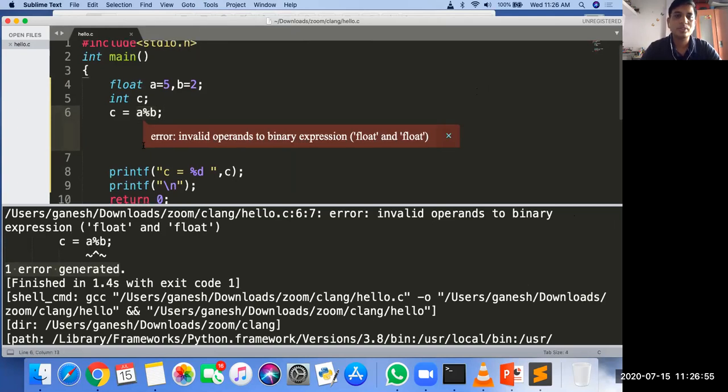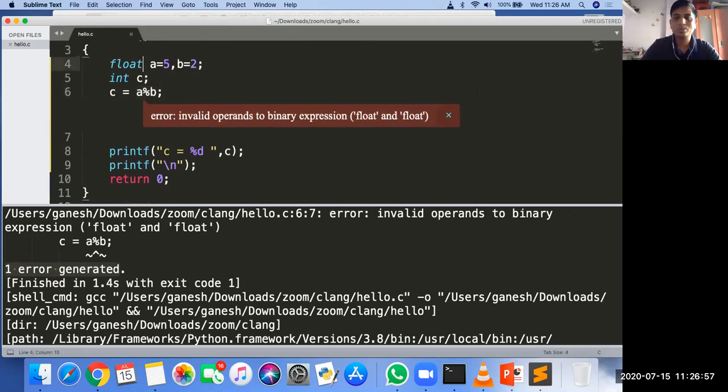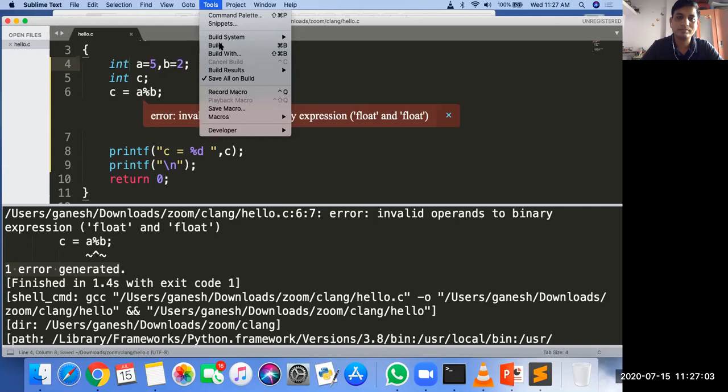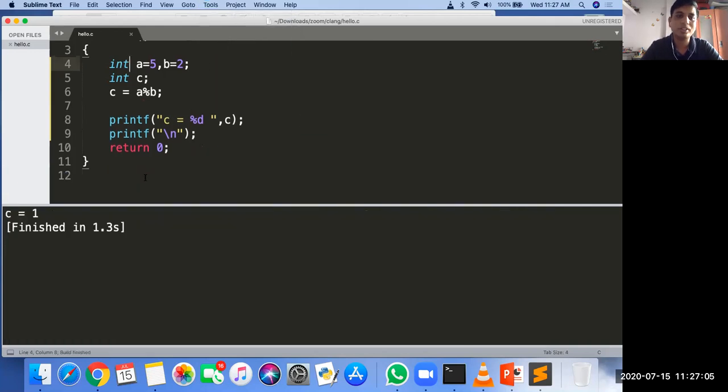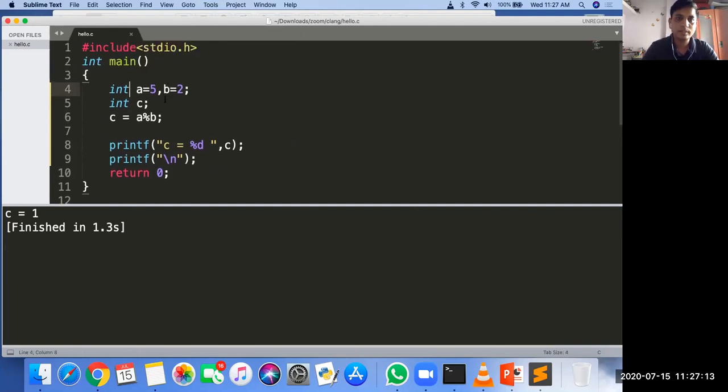To check the answer, I need to compile with integer. So if I use integer, the answer is 1, because 5 modulo 2, if you divide 5 by 2, the remainder is 1. Yes. Okay, so